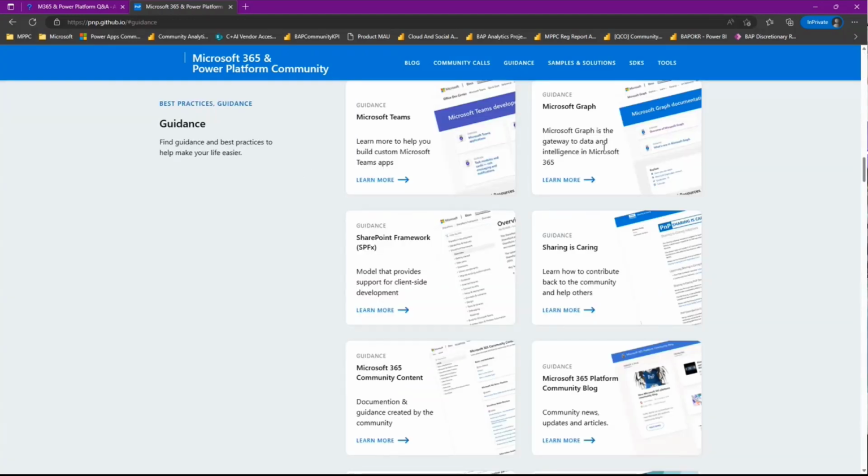We've got guidance for different areas, such as SharePoint Framework. You heard us talking about sharing is caring. That's a great one to dip your feet into these technologies. I think, if I'm going to let the cat out of the bag a little bit here, we're also working on a